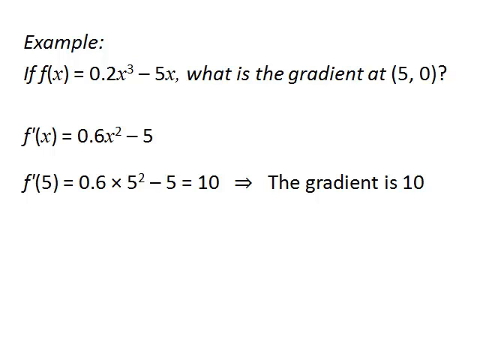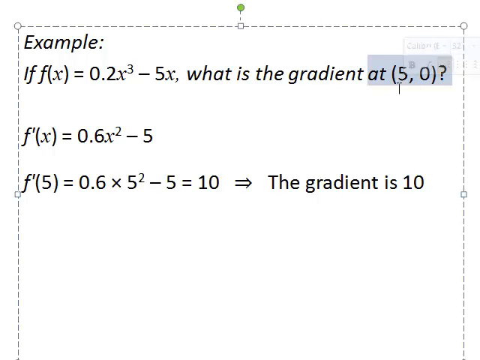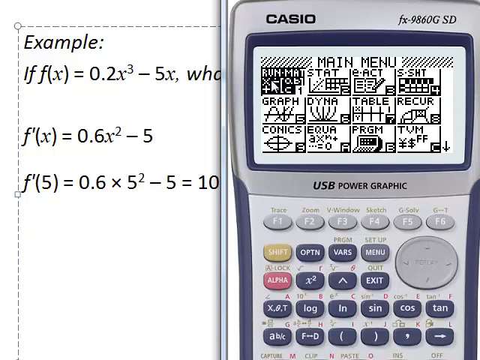To find the gradient at a point, we need the x value at the point. We're told the x value is 5. We don't need to worry about the y value because that doesn't have anything to do with it. We put 5 into our gradient function: 0.6 times 5 squared minus 5 is 10. The gradient is 10. Now, I want to check that, so I go into Run,